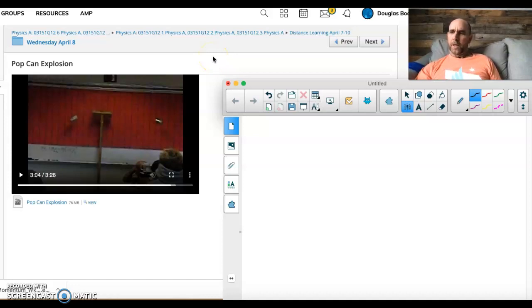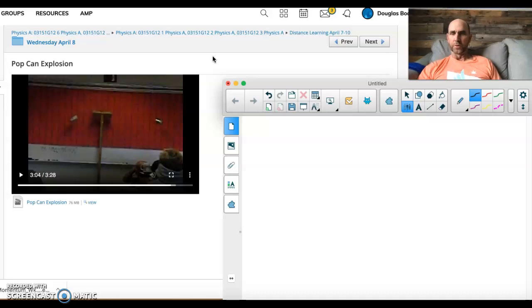A couple quick things on today's folder. You will see at the bottom, I took a quick picture of the solutions to the workbook assignment for this chapter. So you'll find that at the bottom, and that'll help you look at the answers and work through the problems to the workbook. Also on today's folder, there's a video of a little demonstration that we normally do in class